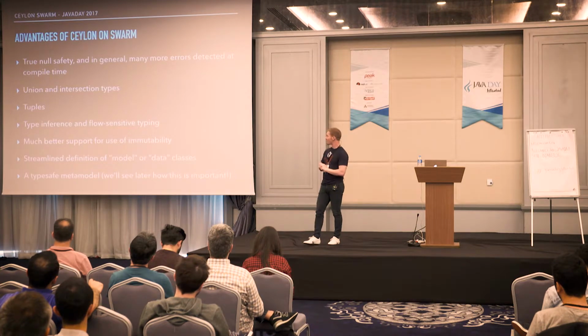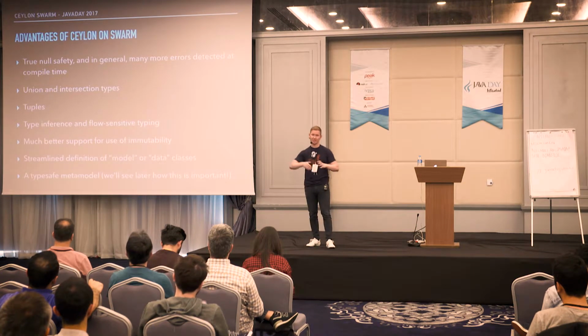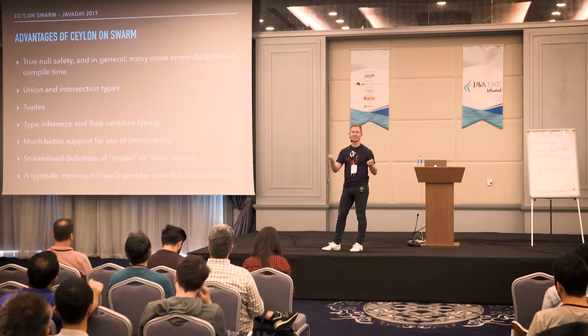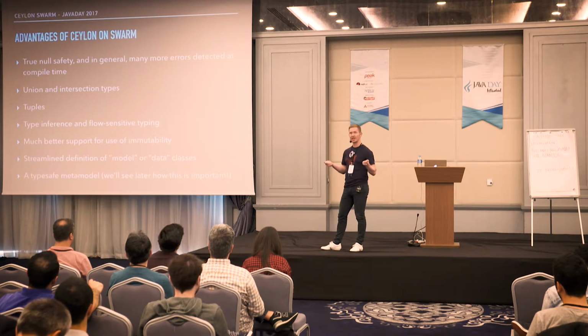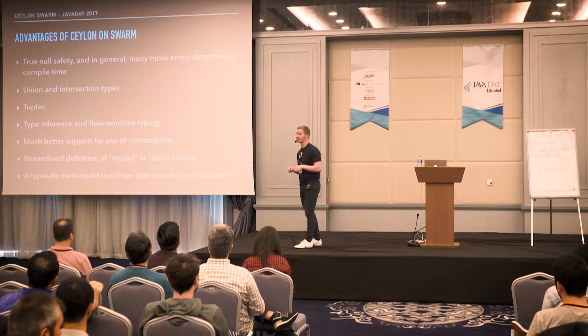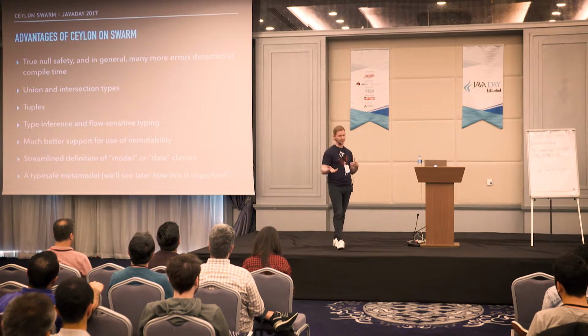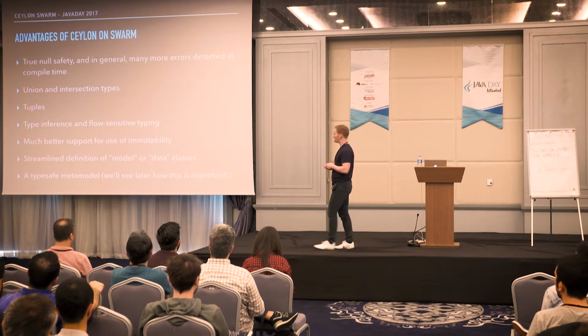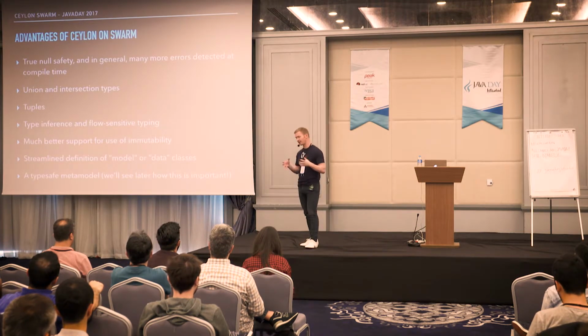You get type inference and flow sensitive typing, which cuts down on a lot of the syntactic overhead of using a language with static typing. You get much better support for the use of immutability. Ceylon comes with things like immutable tuples and built into the language itself. You get a streamlined